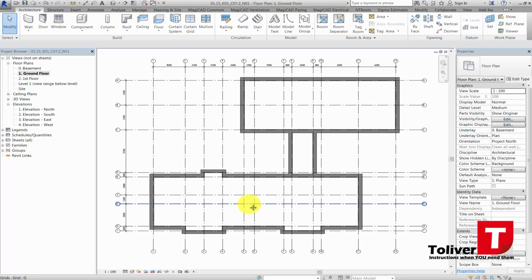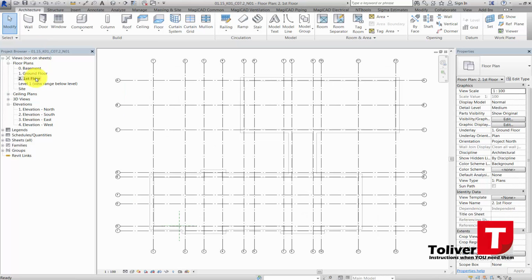Now I'm going to continue, and I'm going to do the same thing on my first floor. So pick your first floor, and over here I can see the ground floor. The reason that I can see the ground floor is because over here in my properties, not project browser, I have what's called an underlay. If I click under underlay, I can place it to none, and then the building would disappear. But right now it's kind of neat to have it, so I'm going to place my ground floor once more,